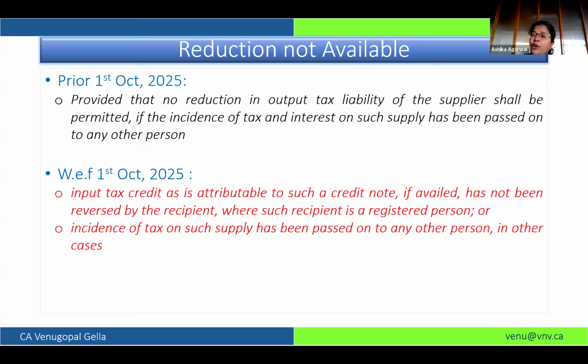So here, by way of accepting, rejecting, and pending, my recipient is itself accepting the fact that they are reversing the ITC. So that's why that circular is now not relevant, but this is applicable from October 25. For 24-25, there will still be a dispute to get the certificates.